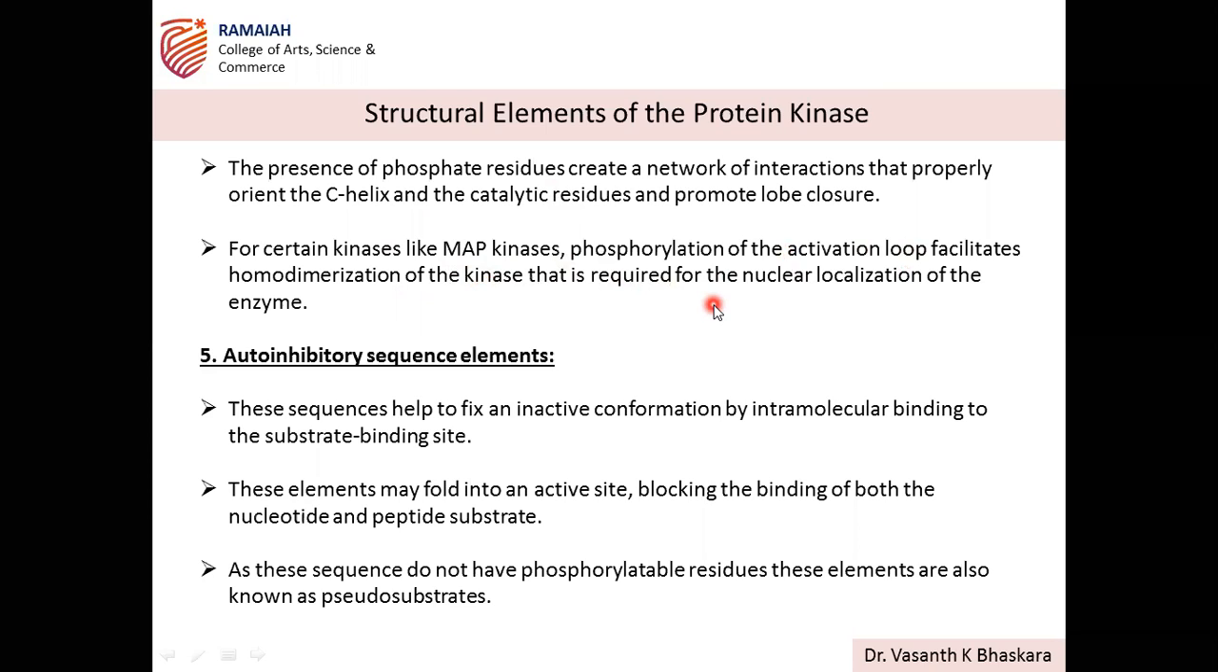Homodimerization means two of the molecules, after phosphorylation, they become dimers. So two kinases will become a dimer, and then they are responsible for nuclear localization. That is the step that you will see in case of, what is the extra step for MAP kinase? Homodimerization. Okay, that is specific for MAP kinase. Next one is